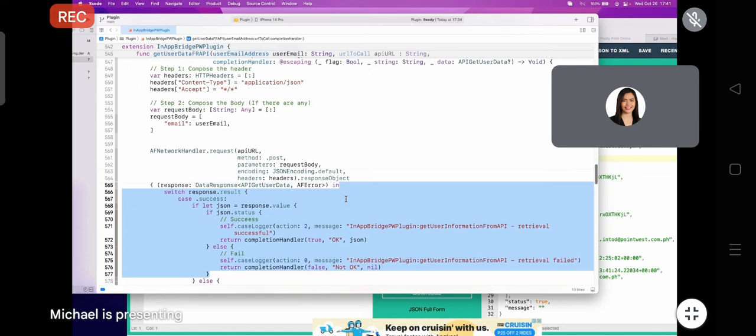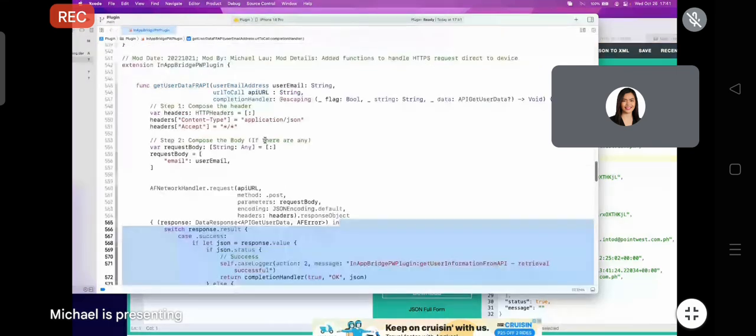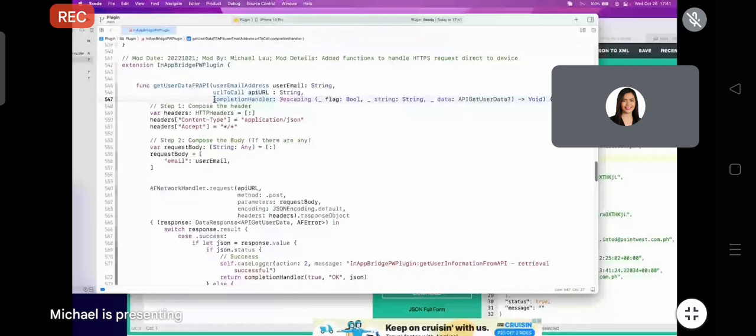Nasaan yung completion handler? Eto siya, di ba? Naka-define siya sa taas. So, yung completion handler na to ay tatawagin ko to indicate na yung tumawag sa akin, itong get user data FR API,